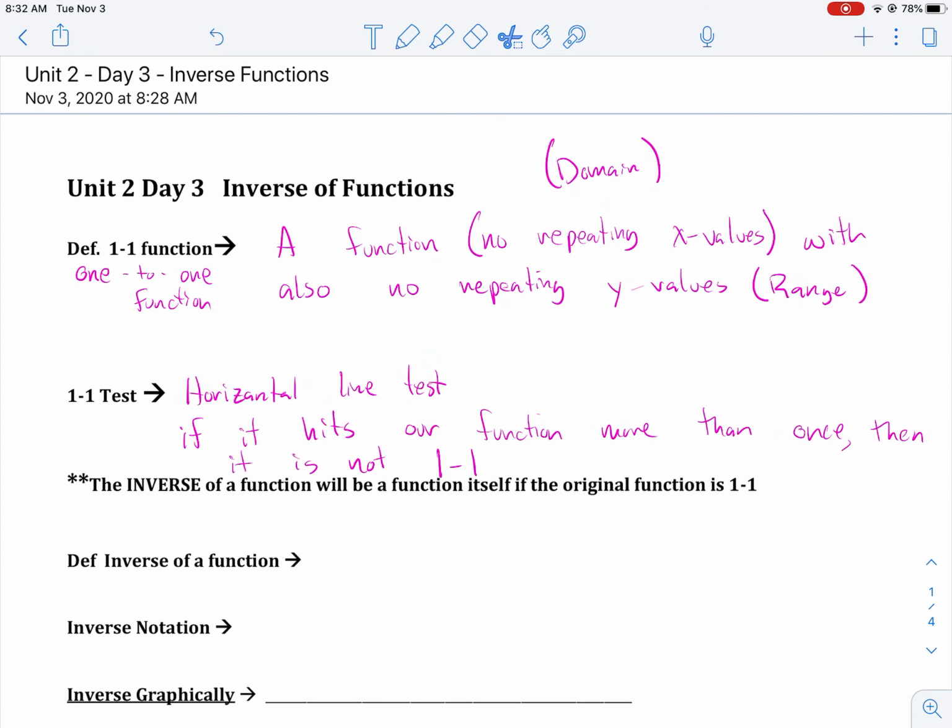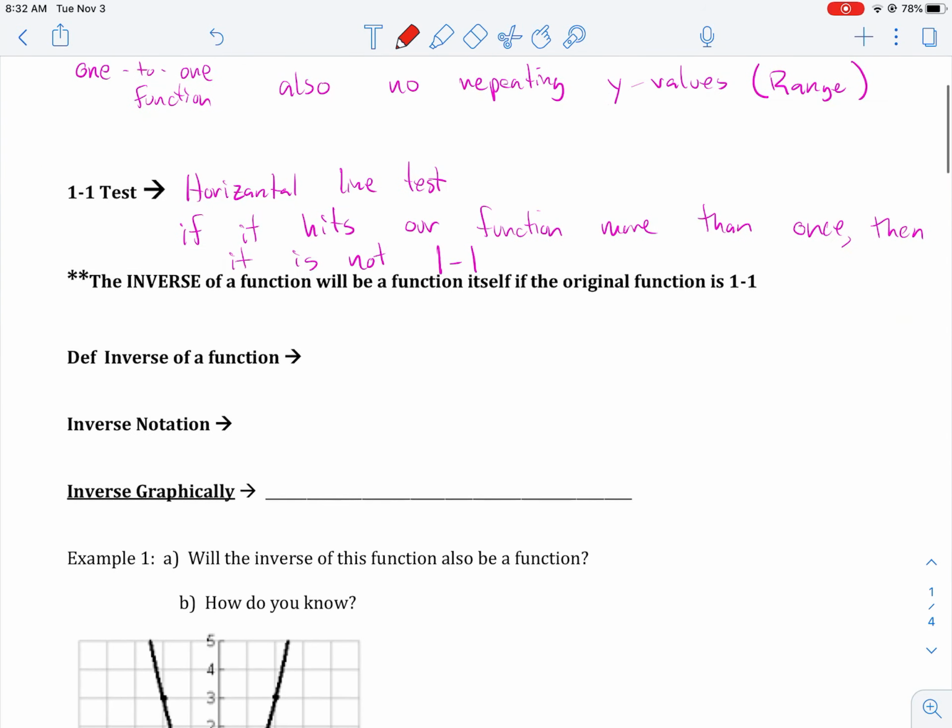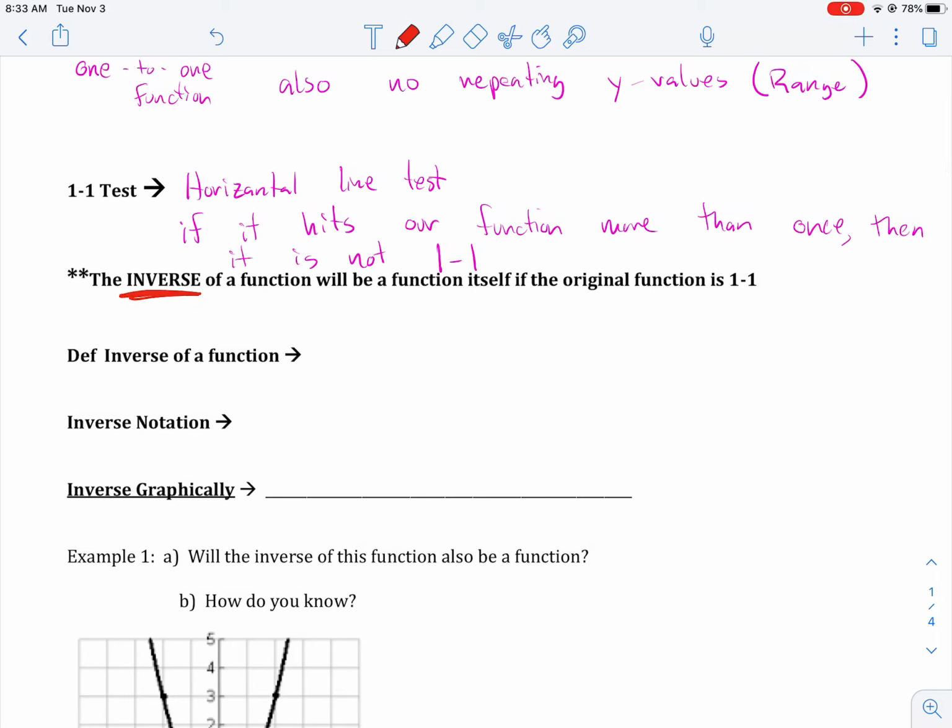All right, zoom back out here. So, the definition of an inverse function. First let's read what it says there. The inverse of a function will be a function itself if the original is 1-to-1. So the horizontal line test also determines whether or not the inverse of our function is a function. A lot of words there, so let's get to the definition and then give a couple examples so you see what I'm talking about. The definition of an inverse function is a function